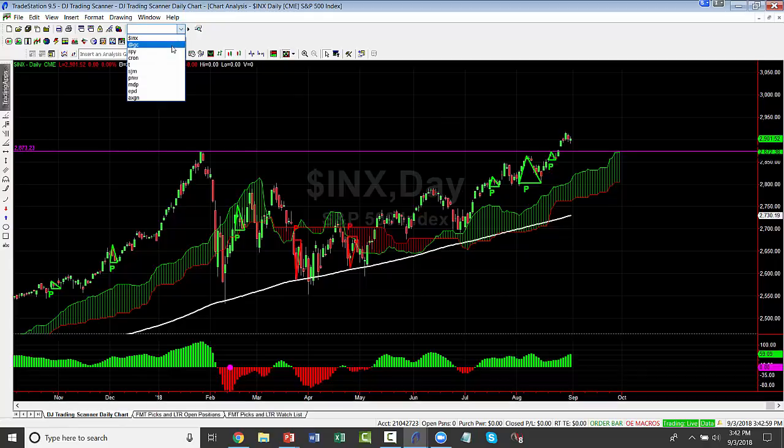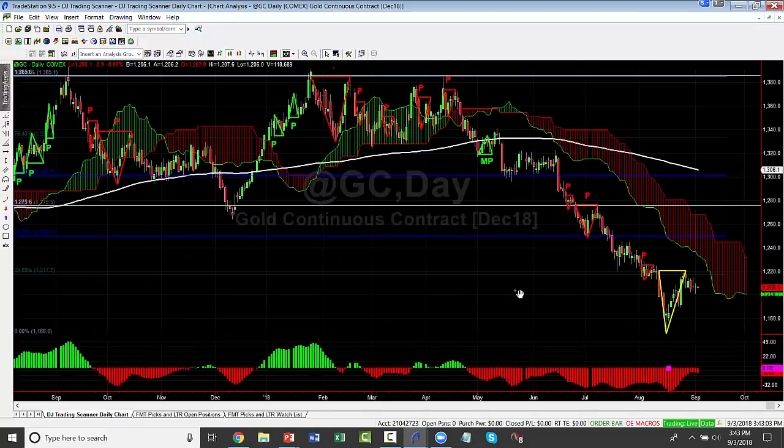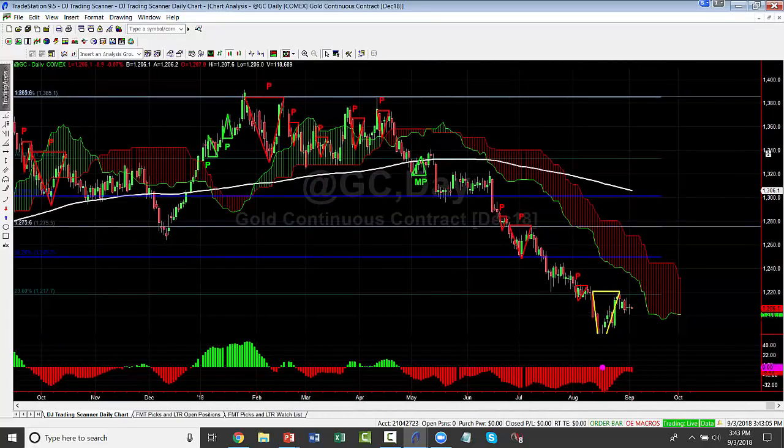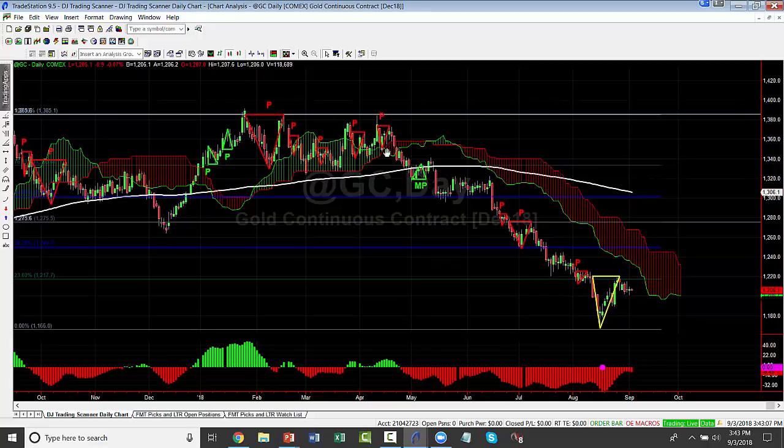Let's take a look at gold. Gold's getting interesting. Gold, of course, for most of the year has been in a pretty marked downtrend, as you can see here, starting in January, and a pretty big slide from a high of 1385 down to a low below 1180. We got a bigger pull up off the bottom than we've seen in this whole move once it